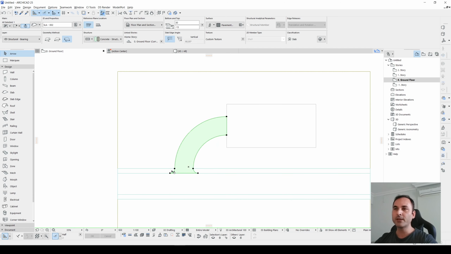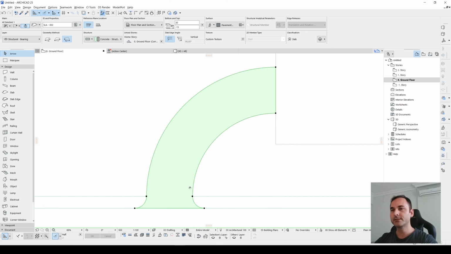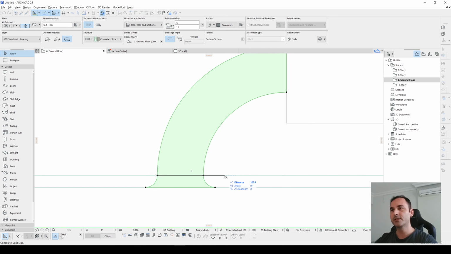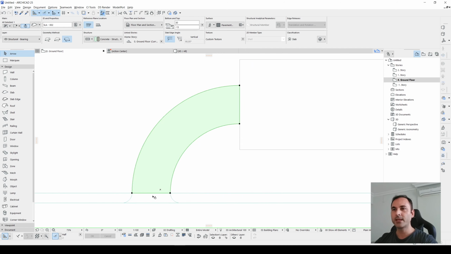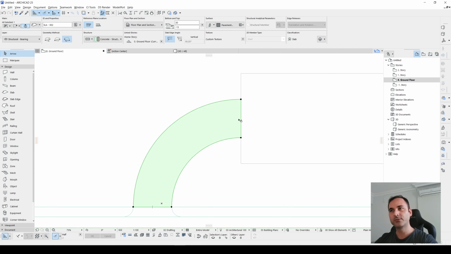For this ramp, I want this to start from this point, not from here. So I will cut it from here. Let's go to this split line and click here, and click this direction. Now we have two additional parts, this one and this one. Our slope will start from here and finish from here. After that, we will give this a slope.